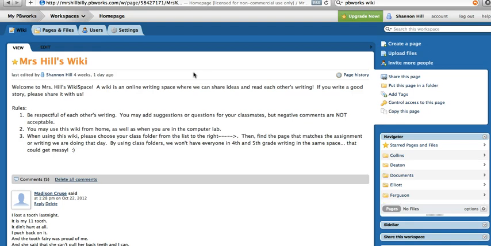I learned how to do a wiki from just sitting down and playing with it. If you would like to take the easy route and join my wiki to set up, you just have to go to misshillbilly.pbworks.com